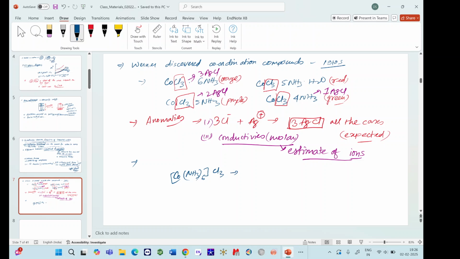So this was the complex that was CoCl3 and 6NH3. He told that all the NH3 molecules come close to the metal and they form a coordinate bond. Okay, so this is NH3, you have a lone pair on the nitrogen atom. So this can donate to the cobalt center. Okay, and this way all 6 NH3 can come and it will form